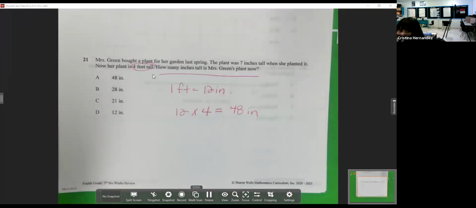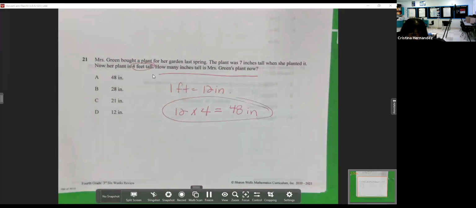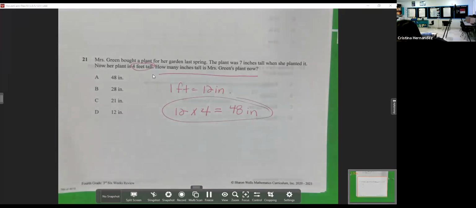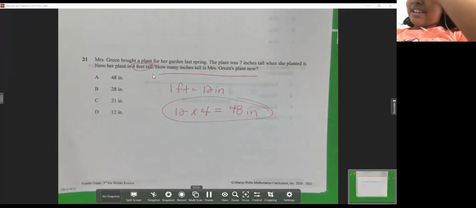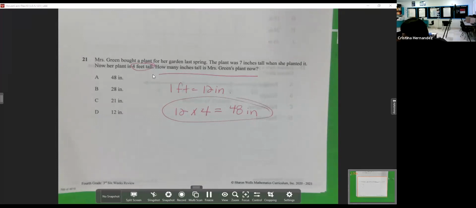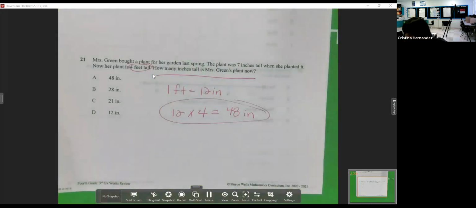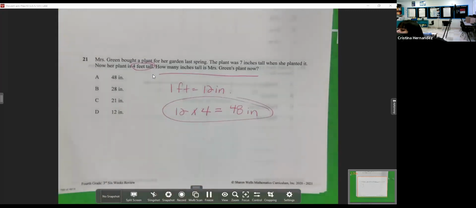Maybe y'all do remember this. I think we learned this in the second 6 weeks. That was a while back, for sure. And we had our grade 4 mathematics reference sheet. Y'all will need it again tomorrow, and a ruler. When we're converting like this, we need to multiply. You multiply going from a larger unit to a smaller one, and divide going the other way. Isn't that how it went? Y'all remember?